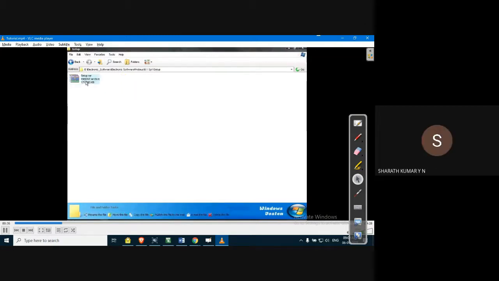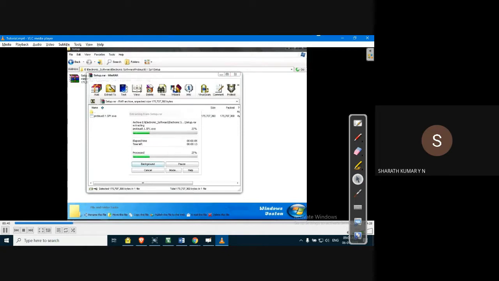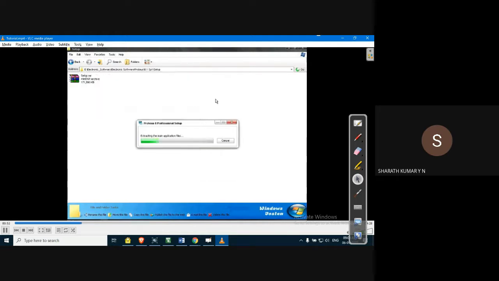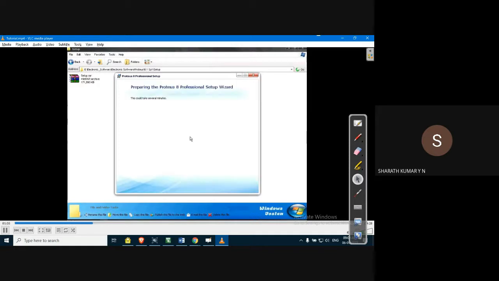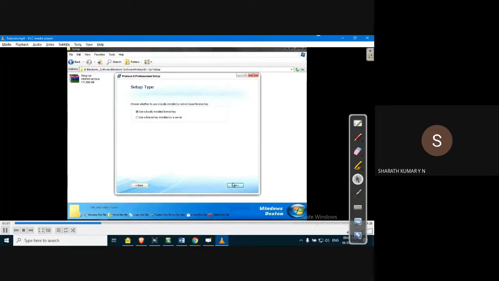Here we go. Okay. So this is the setup file. Extract it, but in the folder I shared, it's already extracted. So you can straight away see the extracted version of the software. You can straight away double click and start installing the software. This software is very useful for your ASM project also, and mini project. Wherever you make use of embedded applications, you can go for this software to simulate the embedded environment.